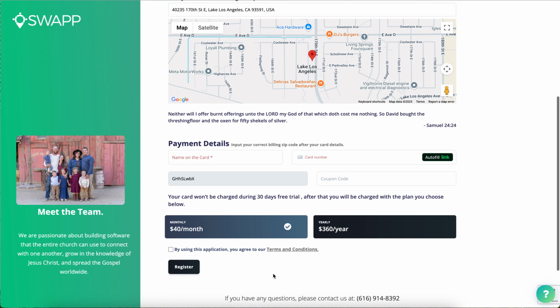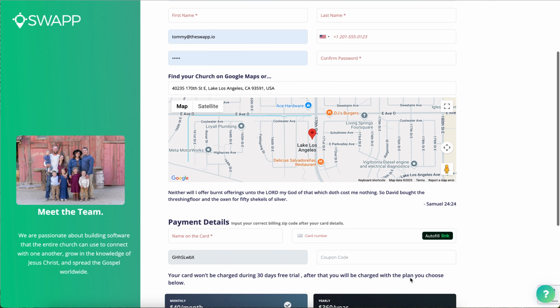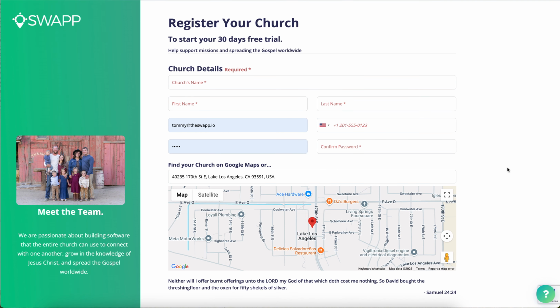And so if you're stumped on anything other than those things, my cell phone number is actually on the bottom of this form. Just call me instantly and I can help you out, and I can help you get situated if you're stumped. And so now maybe you're past this point and you are trying to actually just log in,